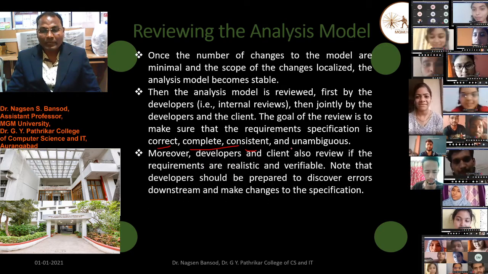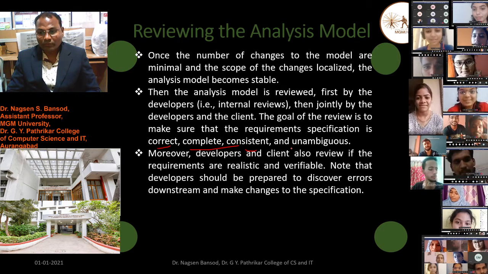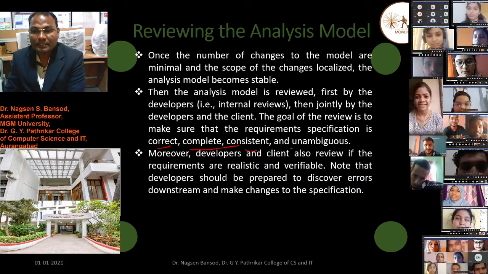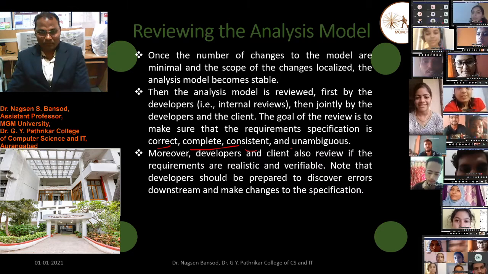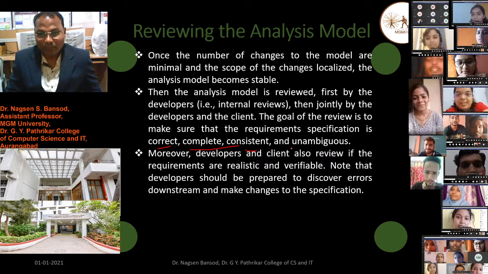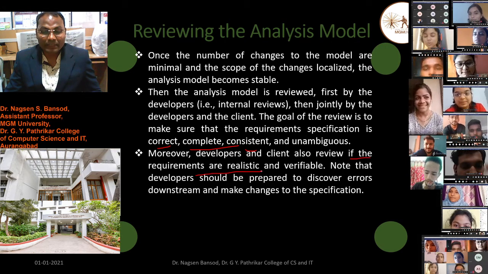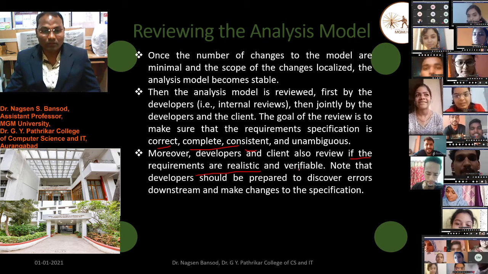Moreover, the developer and client also review if the requirements are realistic and verifiable.